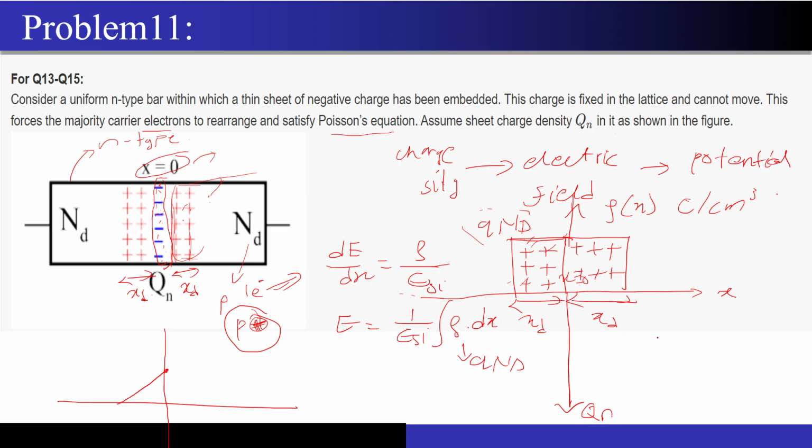So can anybody please tell me, if I integrate the delta function, then what I get generally? If I integrate the delta function from minus infinity to infinity, what will I get? Step signal, right? So you will get a step signal. So now I have an amplitude over here, like for the charge density I have amplitude. Now what is a step signal? It moves suddenly, right? It has a transition time of, let's say this is my delta, correct? So how the step signal moves? It moves instantaneously. It doesn't take any time to move from one amplitude to another amplitude, right?